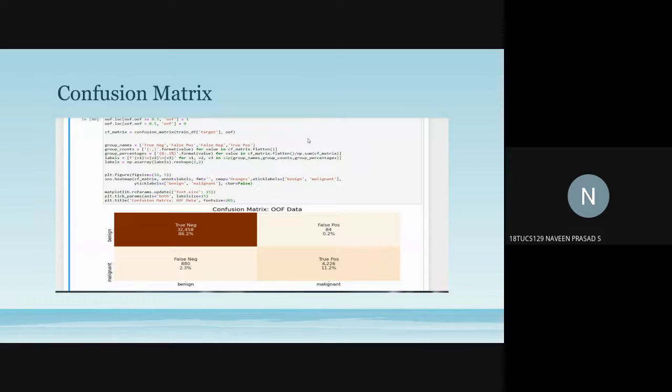Here, as you can see, the false negative rate is almost 0.2%. A false negative in this case is when a person has cancer and the result says he does not have cancer. That is less than 0.2%. Comparatively, with lakhs of images, we have only 84 such images. Still, I think we can improve this model in future. For now, it is only 84 in lakhs of images. Next one.